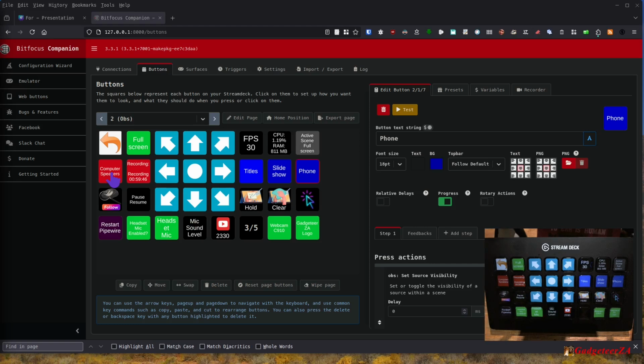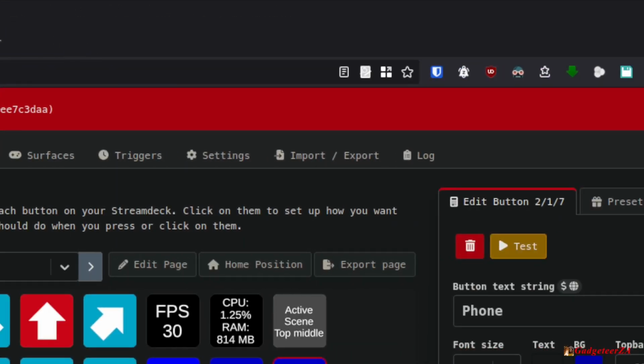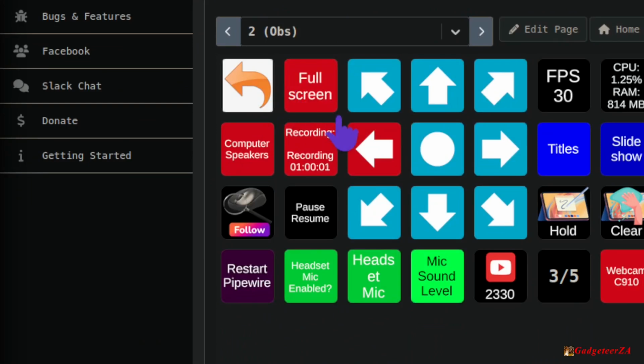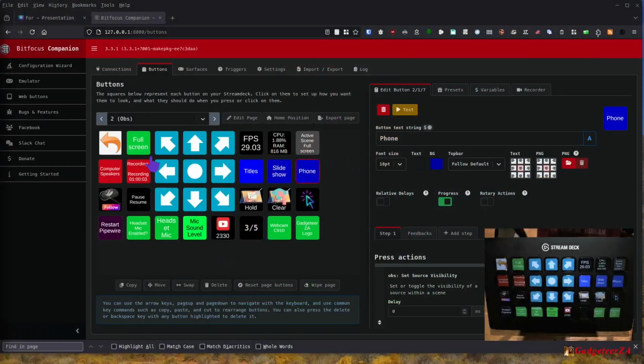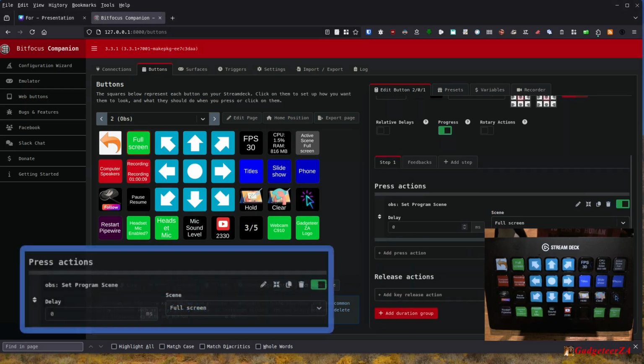This is for my zoom, and I could zoom in over there, but what you'll notice as well is the button color changes to show me that it's zoomed in, and you'll see the full screen has gone red to indicate to me, hey, you're in a zoomed in mode at the moment. If I go back to full screen, it goes back to green, and this is all just done through, again, the feedback buttons. It's executing an OBS